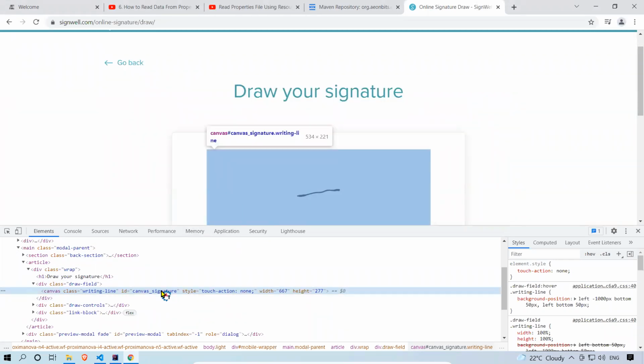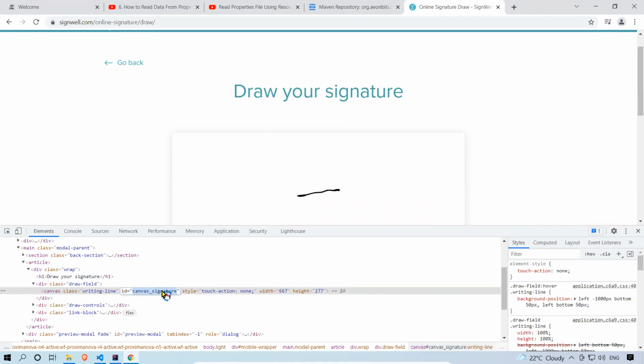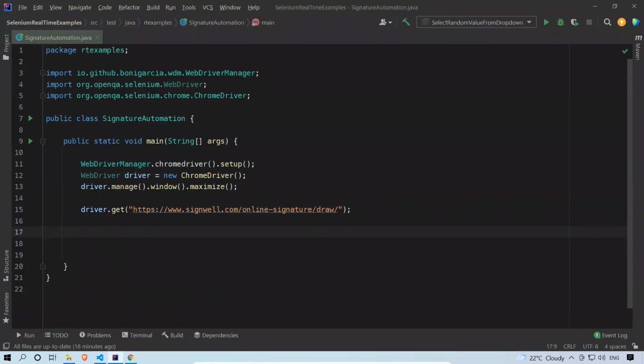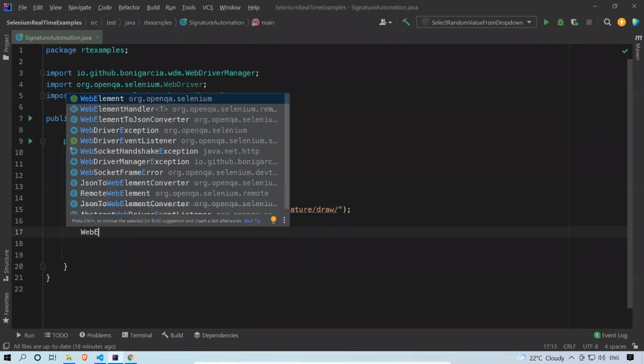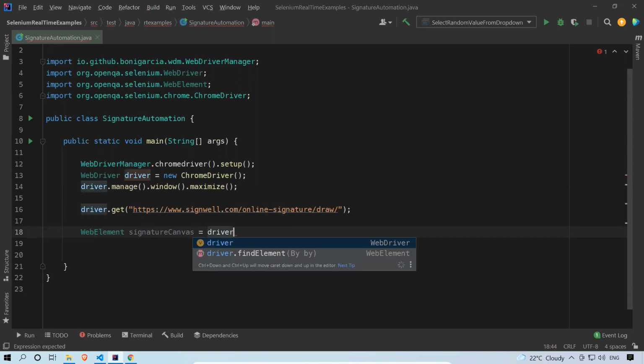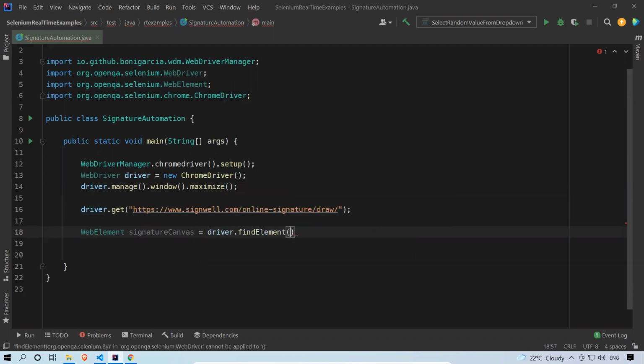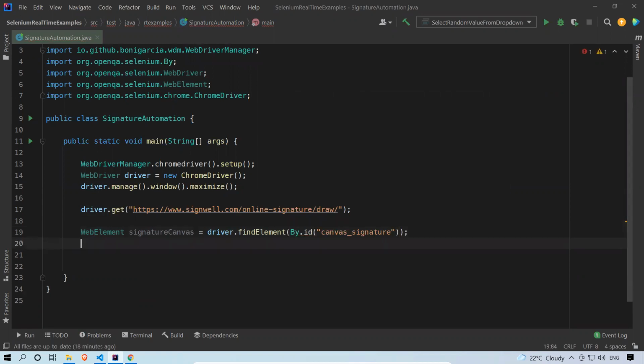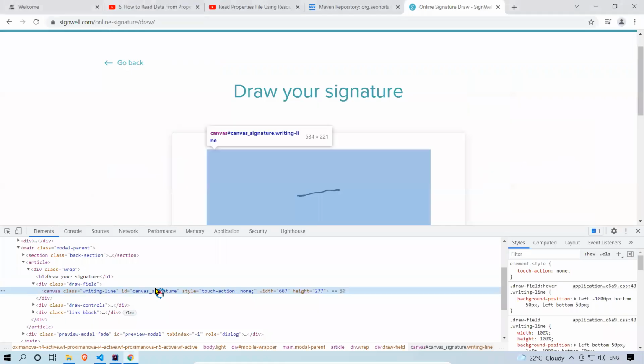So let me write a WebElement for this. WebElement signatureCanvas = driver.findElement(By.id(...)), and I'll give the ID. I found that area where I want to put my signature.